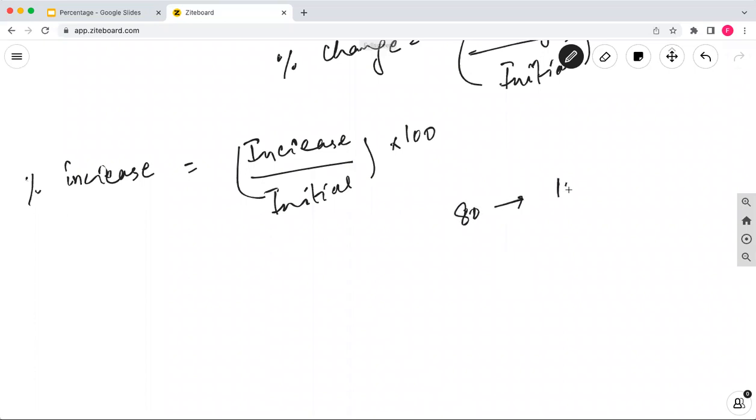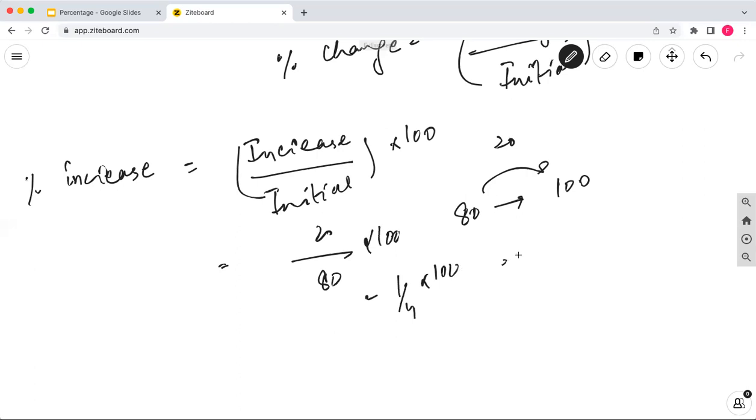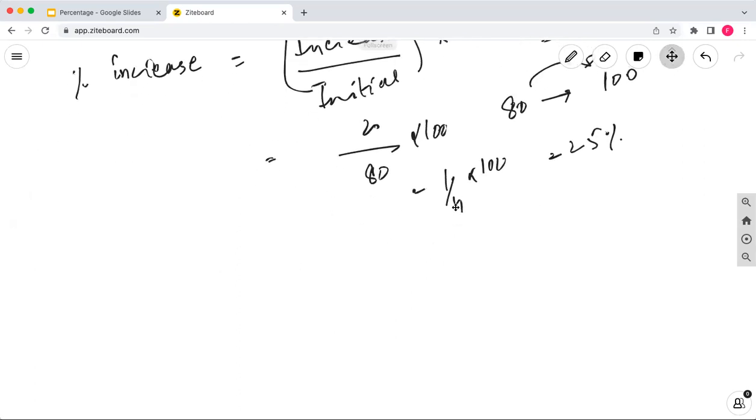For example, if a value is increased from 80 to 100, what will be the percentage increase? 25%. What is the change? 20. What is the initial value? 80 into 100. This is 1/4 into 100, which is actually 25%, right? So the next thing is